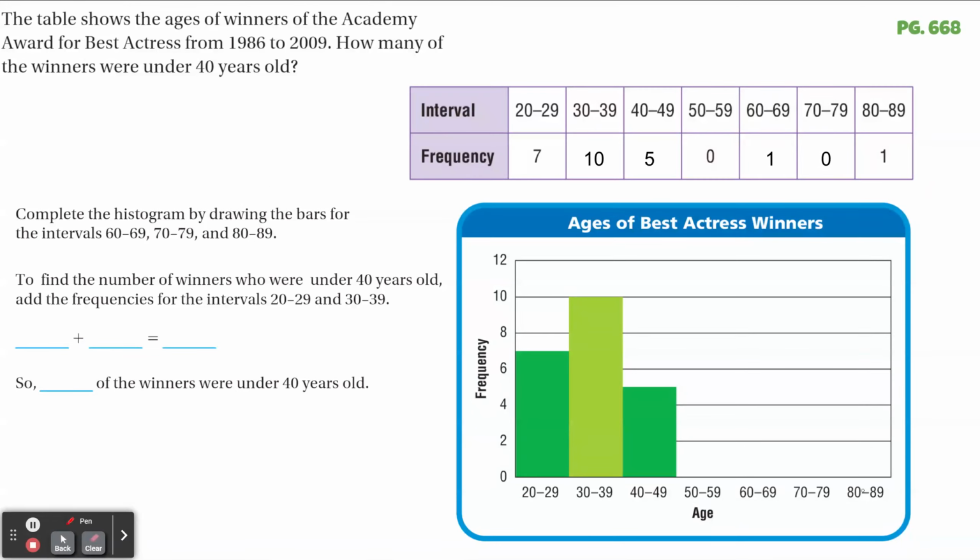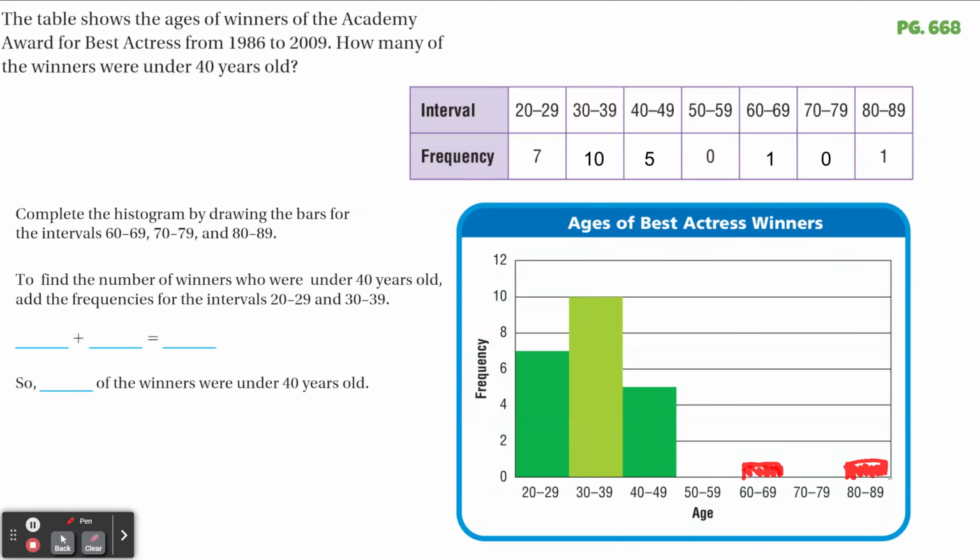And now we need to complete the histogram. Oh, so we already drew the bars. We already did that. My bars deleted themselves. So I'm going to go ahead, I'll draw them back in here real fast. There we go. So now we have drawn each of the bars,